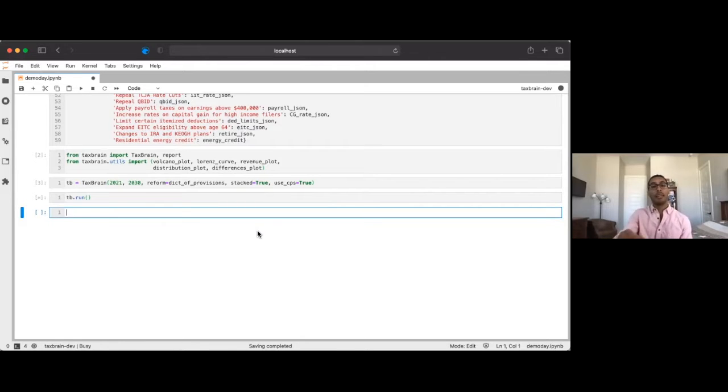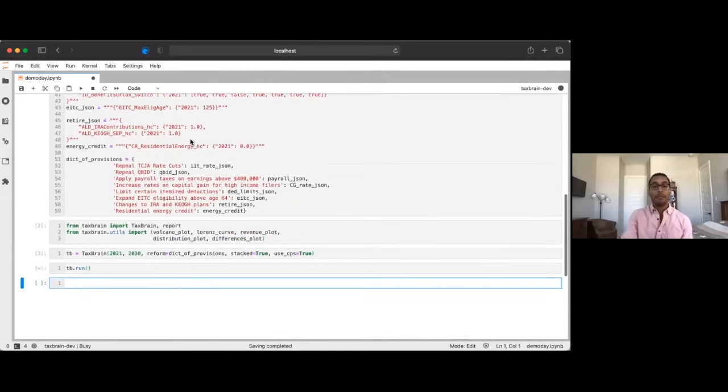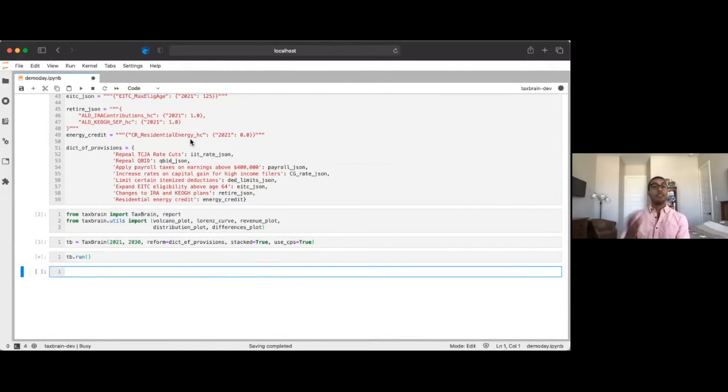And in this case, it's going to go through and run the calculator for all of our specified reforms as well. If you had also specified, say, some behavioral parameters, like you wanted to change some elasticities, then it would also take care of that by plugging in all your behavioral parameters into the behavioral responses package and running it as well. And just while it's running,